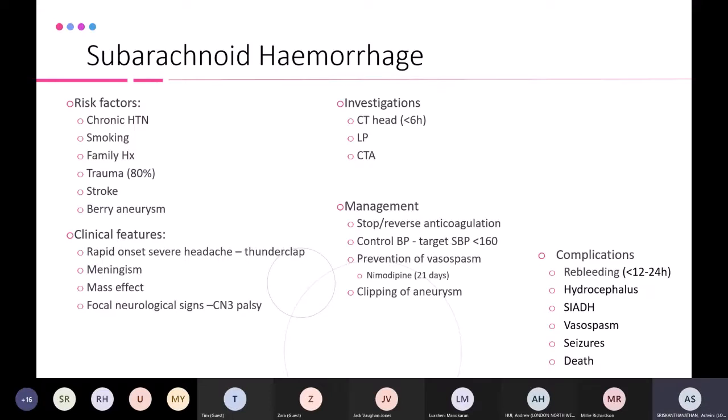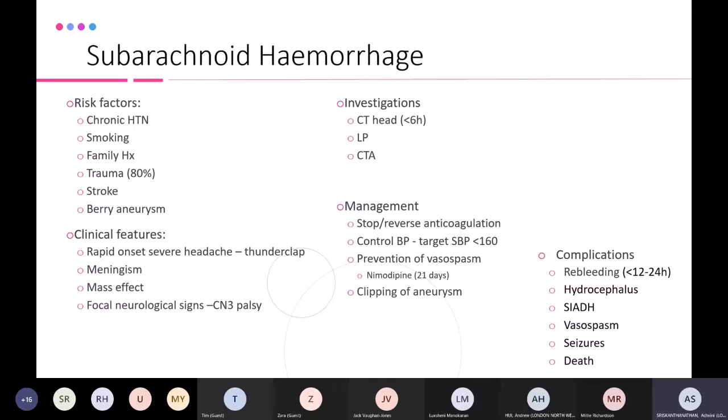Cool. And if the intracranial bleed or subarachnoid hemorrhage is due to an aneurysm, there is an increased risk of rebleeding, so you'd want a quick intervention, refer to neurosurgery and see if they can clip the aneurysm. Other things you want to consider is giving things like nimodipine for 21 days just to prevent any vasospasm, ensure that the blood pressure is controlled as well, and also stop any anticoagulation treatment that they're on, and maybe even